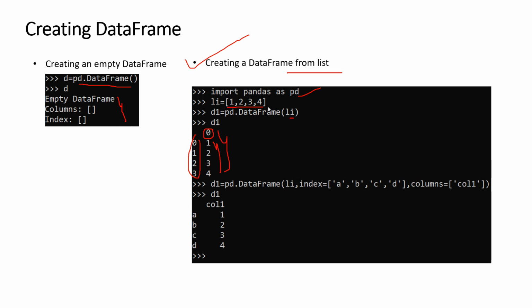Is that clear? Now, declaring the same list by specifying the name of the column. How to do it? Same pd.DataFrame. Here I am specifying the index also and the name of the column also. To do that, we are going to use two parameters of the data frame, that is index and then columns. Here index is equal to the following names I have given, and then columns is equal to the following name I have specified. On printing this, you can see the default index is now changed to the labels which we have specified, and the name of the column, which was previously 0, is now col1. You can see it is specified over here.